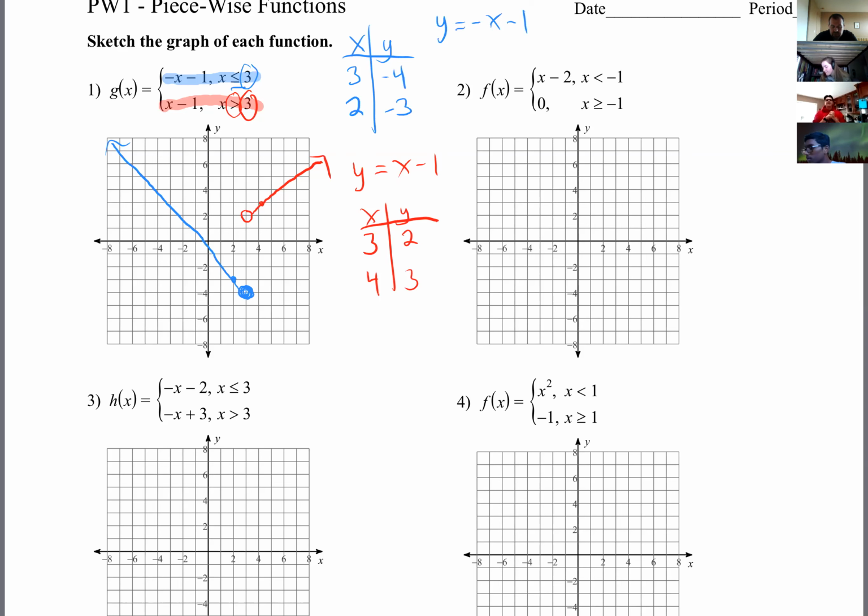Okay, wait. Question about number 1 before you move on. Because it's x is greater than 3, you